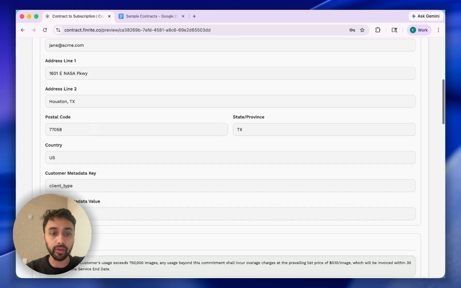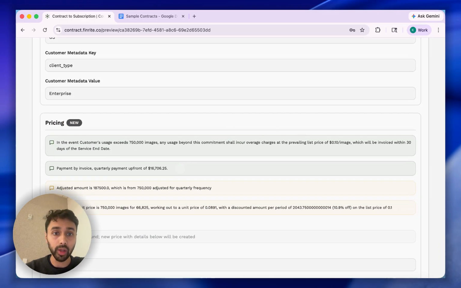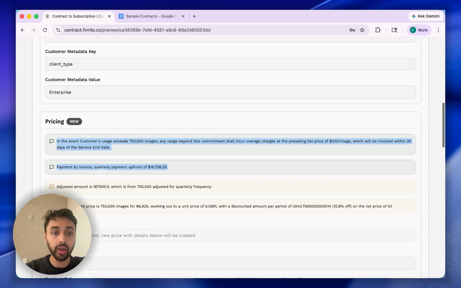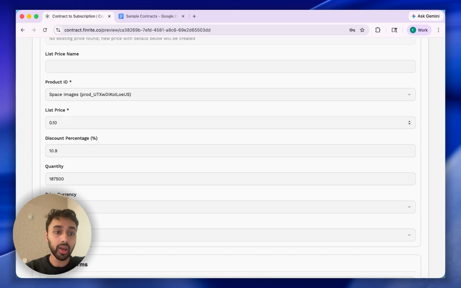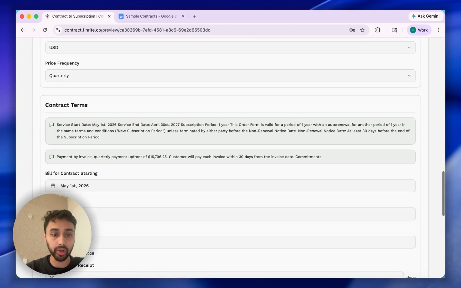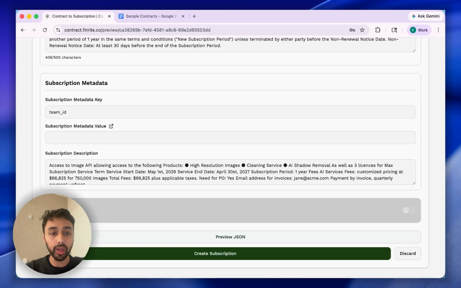We'll see that the address as well as the email is picked up. We'll see that there is a new price detected as well as all of the text that justifies why we've picked up those particular details. We'll see that a discount was correctly calculated, as well as the billing frequency and the currency, all of which are details that could change from customer to customer. Finally, we'll see that we have the right net terms. We have the date of the billing starting in the past, even though the invoice is being sent today. So with all that in place, let's go ahead and create our subscription.